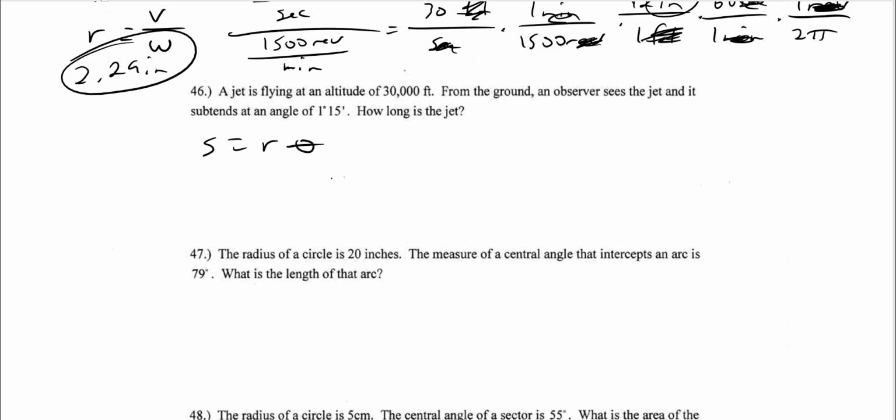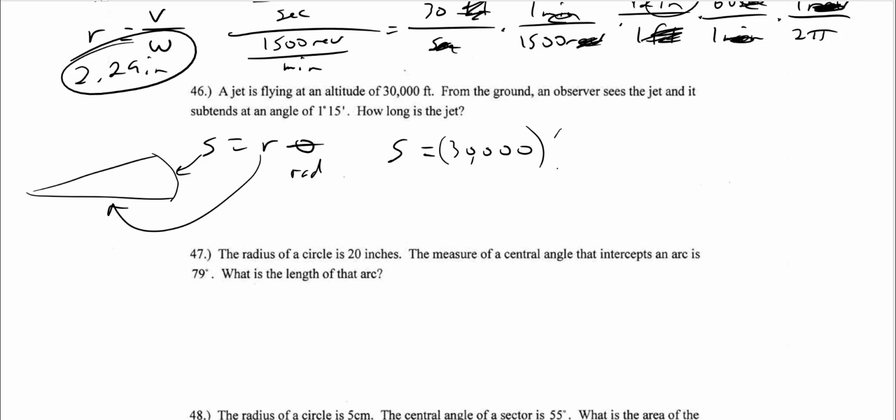Remember, if I would draw the picture here, S is your arc length. So that's how long the jet is. That's important. Radius is how far the jet is away. Got to know that. And theta, remember, is in radians. Super important. So I'm asking how long the jet is, so I'm asking for S. So S equals R, so 30,000 feet